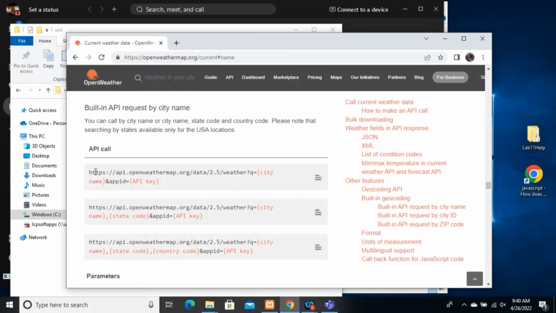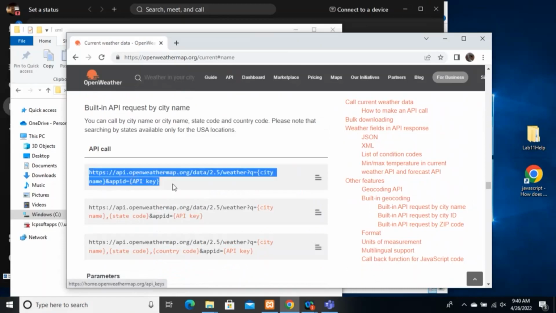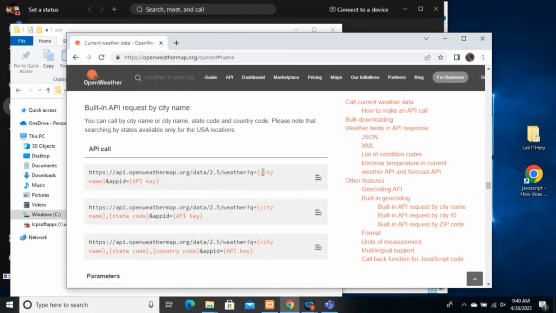To pull data from the city name, this would be the request that you would make. You'd have the user type in the city name, you would plug that into the q part, and you could just hard code your application API key into there. When you log on and create it, it will give you the API key. And again, you can copy this code. So this will fit in